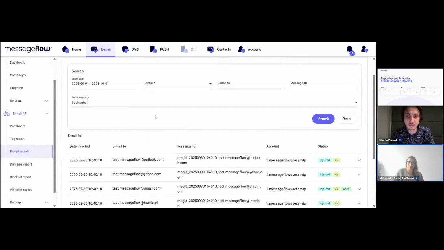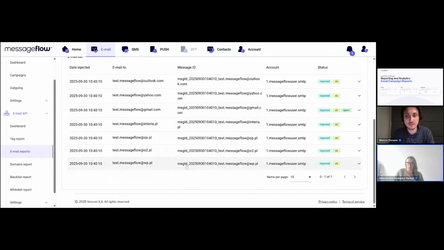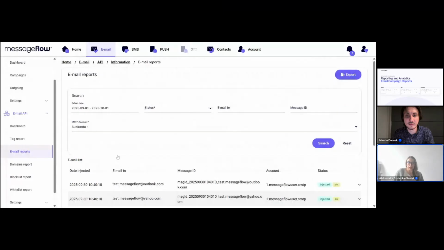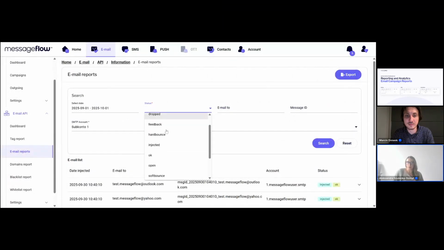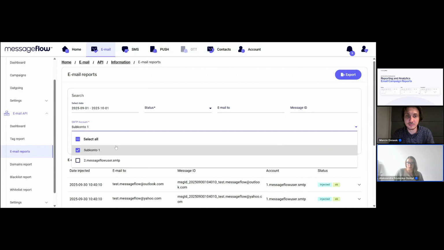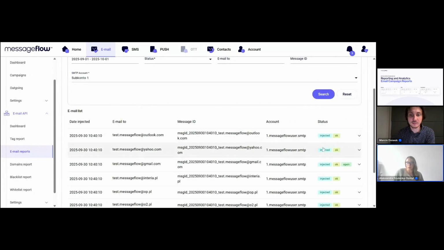The newer emails are presented at the top, and then the older ones at the bottom. You can peruse them by using the search bar, and then you can choose the specific date or time frame, a specific status from the list, an email of the recipient, the message ID, or the sub account from which the emails were sent. And as you can see, before clicking on the down arrow, the logs are being presented in a shortened way. So we are going to